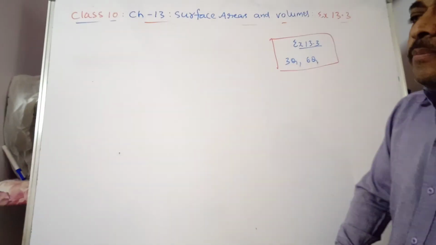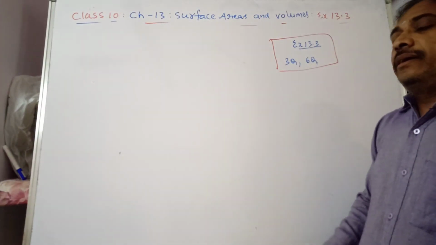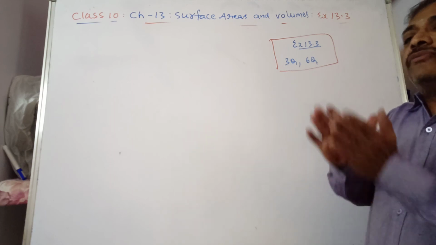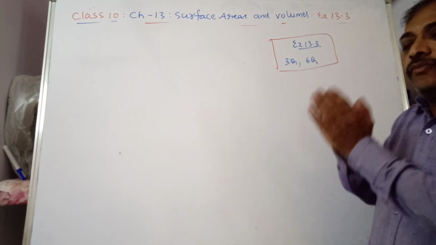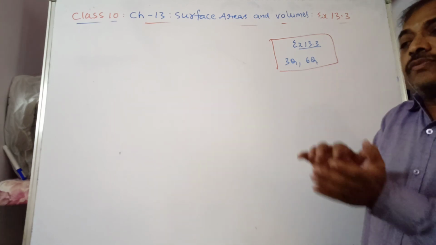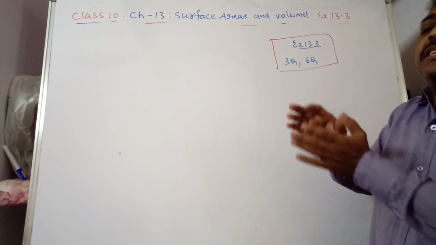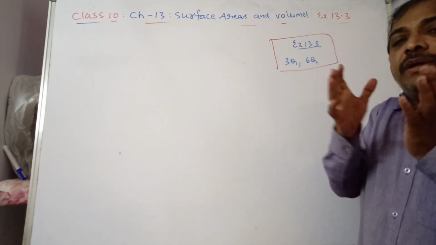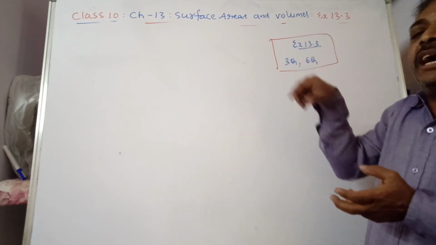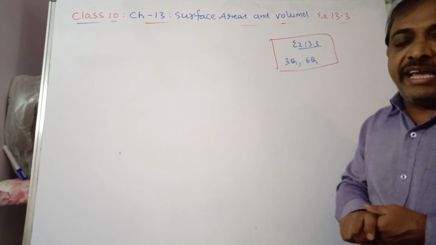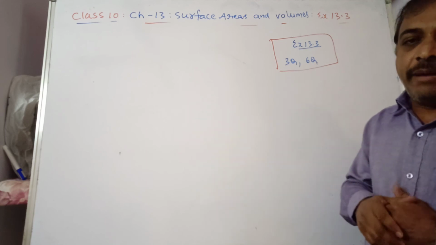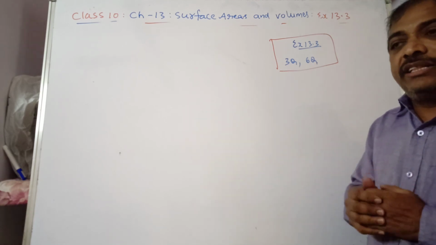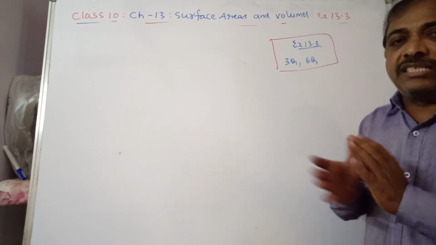So I hope you understood what we have discussed in today's session, and volume conversion from one to the other. Water is flowing to the canal, water is flowing to the field, water is flowing from the pipe to the cylindrical part. And from the digging, the earth taken out is spread around evenly. It's a circular ring, which is nothing but the volume of the embankment. So it is clear. I think you have understood the concept.